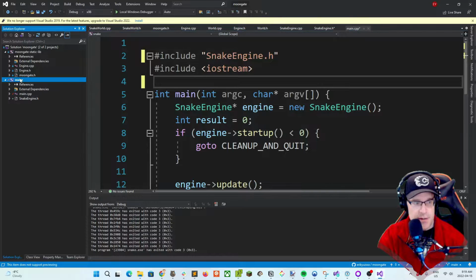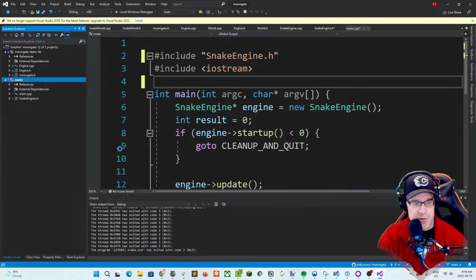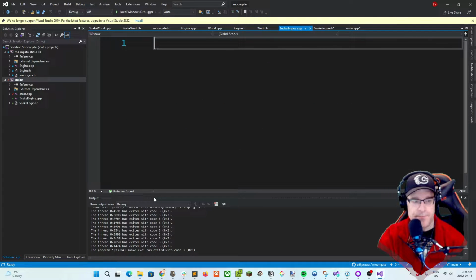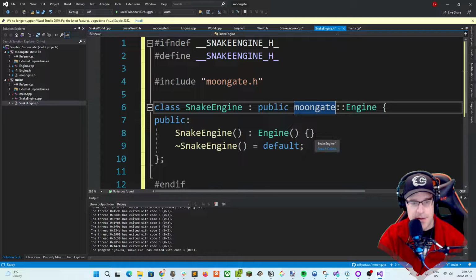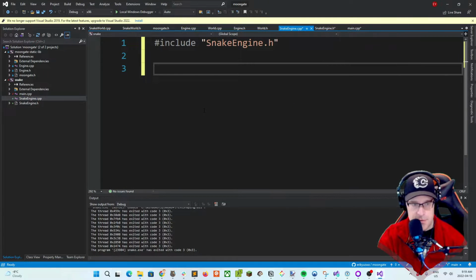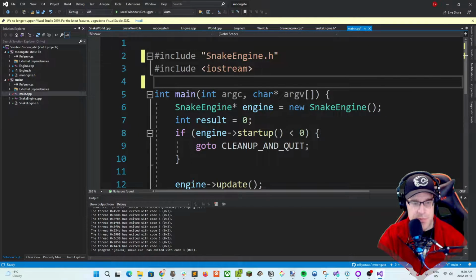And now let's just add an implementation file, a snakeengine.cpp. Include snakeengine.h, and basically we're just going to take the constructor out of here and put it into there. There we go. Okay. So now, if we build it,